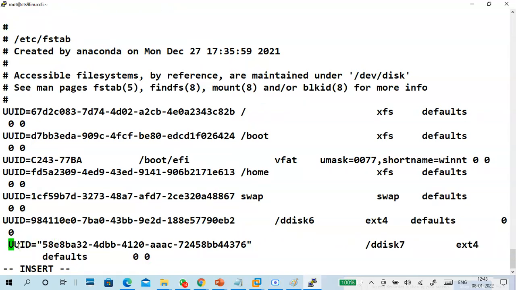So there I highlighted, so don't right click, just highlight, and it will copy in the terminal.